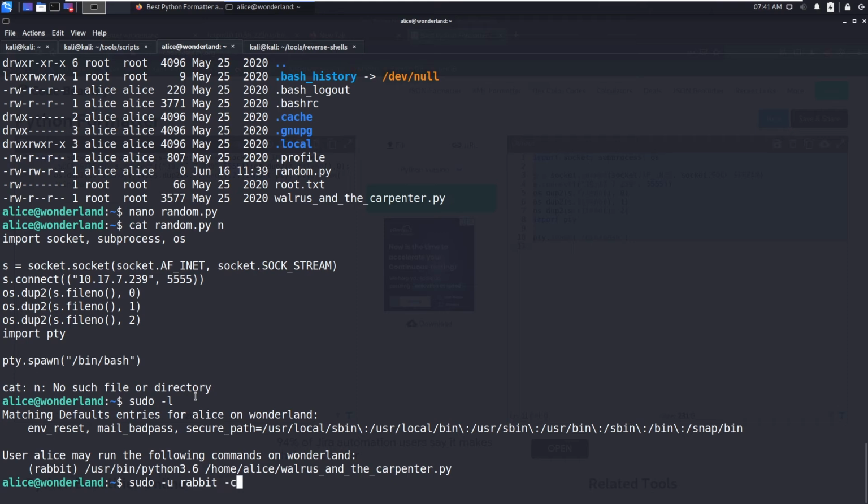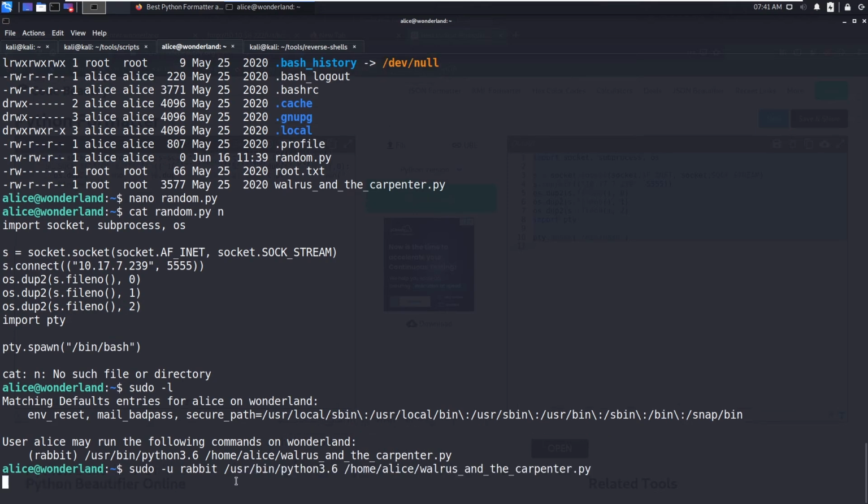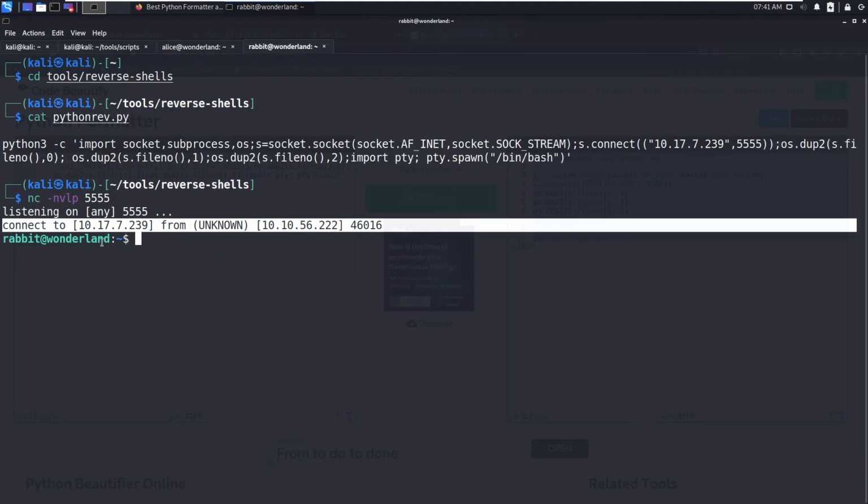First I tried with the -c, but it asked for a prompt. Then I asked for help in the Discord. A friend of mine told me that we should not use the -c. So let's now run this, and you can see we got the rabbit.